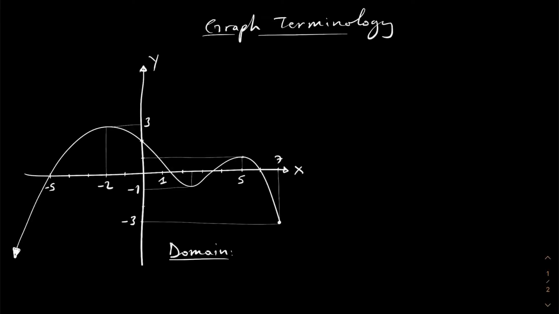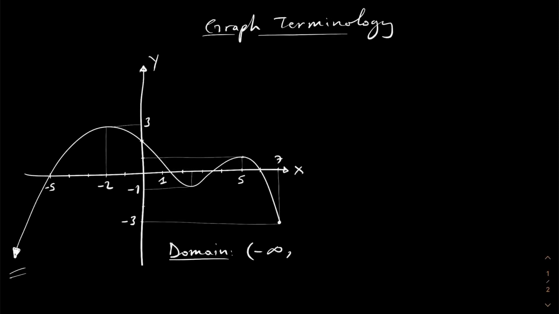Well, for that, you need to look at the graph and find out the smallest x possible that's in the function and the largest x possible that's in the function, and get them both and put them into an interval form. So our domain here, if you look on the left side here, since it's an arrow down here, it means that our function goes down forever, which means that our x value goes to the left forever. And so our smallest value for x here is going to be negative infinity,